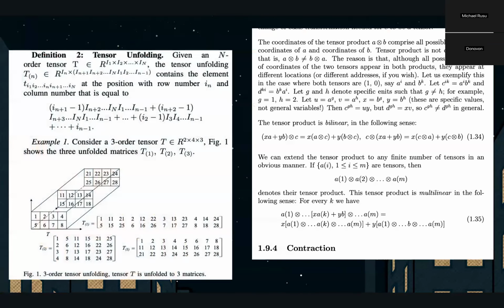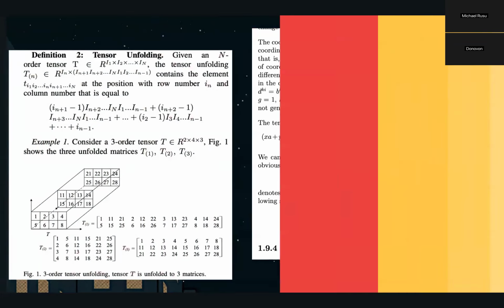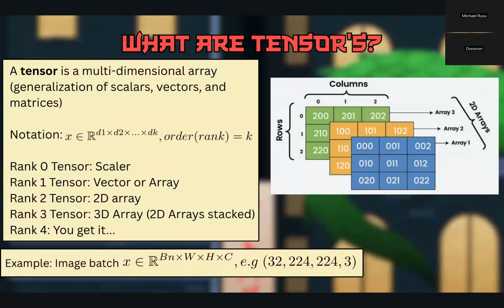Obviously, we will not be going into this. This is a mathematician's view of pretty much tensors. As computer scientists, we don't have to focus much on this, thankfully. What we have to focus on is that a tensor is a three-dimensional array, or pretty much any multi-dimensional array. It's a generalization. If you read a computer science paper, you would read that this is the formal definition for tensor, just any dimensionality.